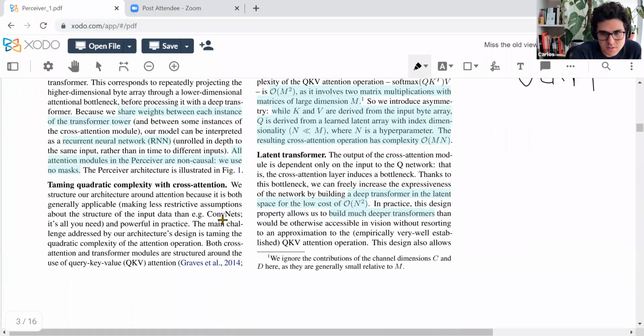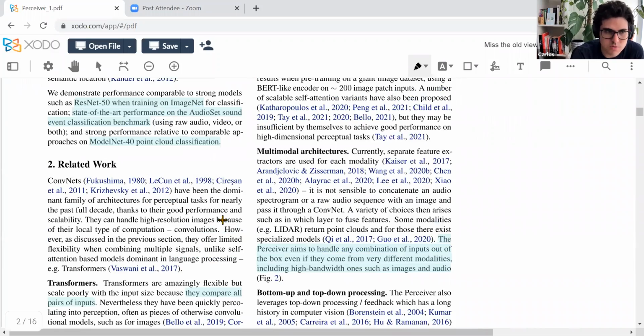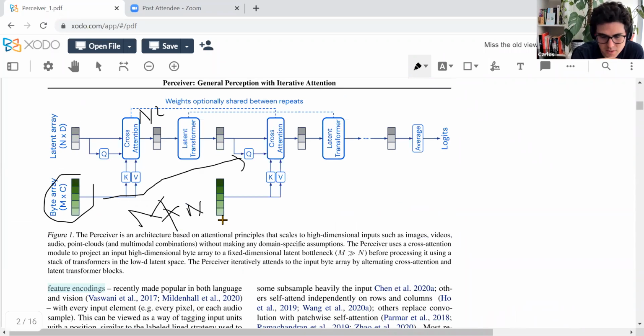No, because Q is also an operation in the diagram. That Q is also an operation which maps the input into the same dimensions as keys and values. So that latent array can actually have different dimensionality than the input array. I don't know if they actually make it of different dimensions, but there is still something that is not quite clear. So the latent array actually has fewer examples than